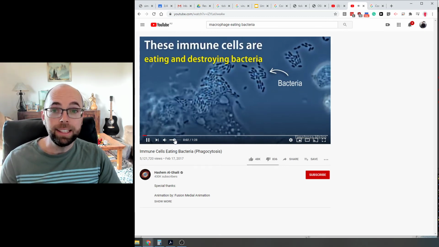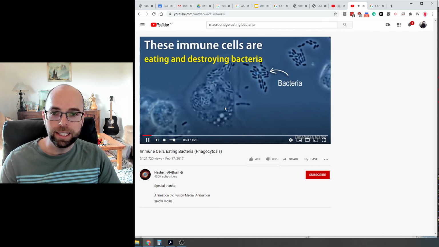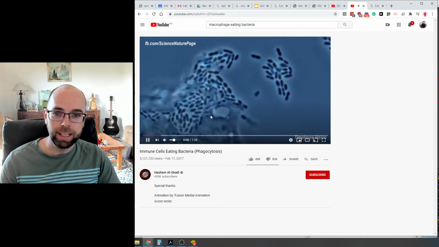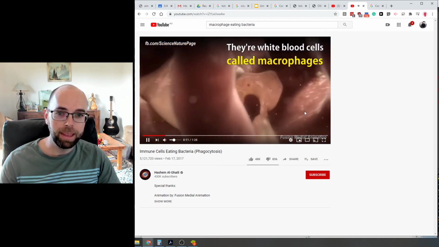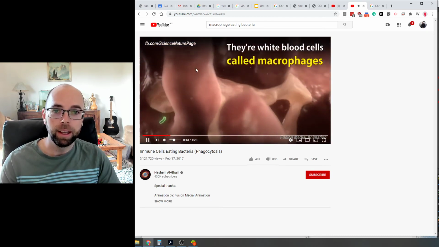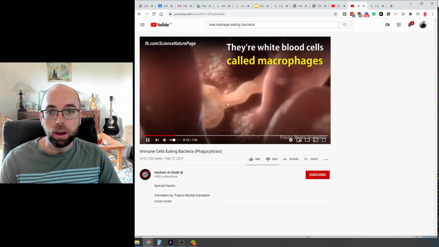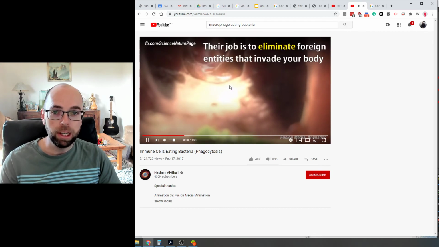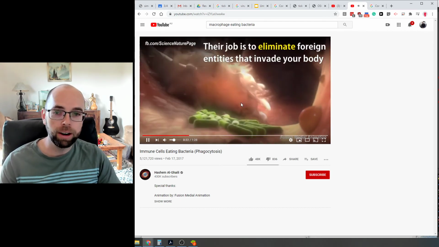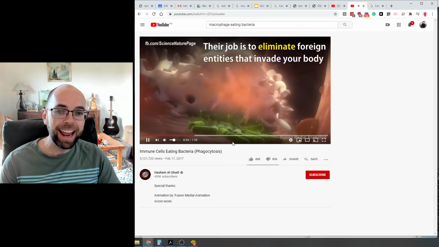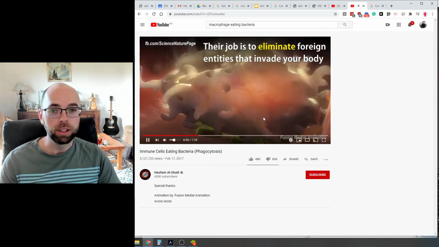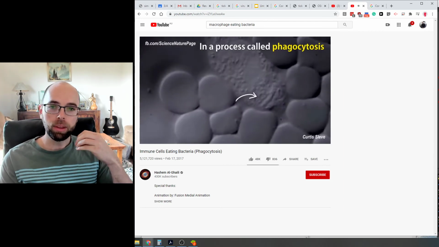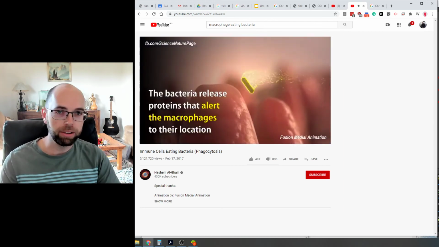Now, in this case, you can see this sludgy stuff here and all these little bits here. That was the bacteria. And this cell actually came through and just ate up that bad bacteria. Okay? Now, the white blood cells here are called macrophages, and they sort of travel through your body looking for bacteria or viruses or things that don't belong, and they attack them and they kill them. So we want these things in our body because they will keep us safe and destroy viruses or things that